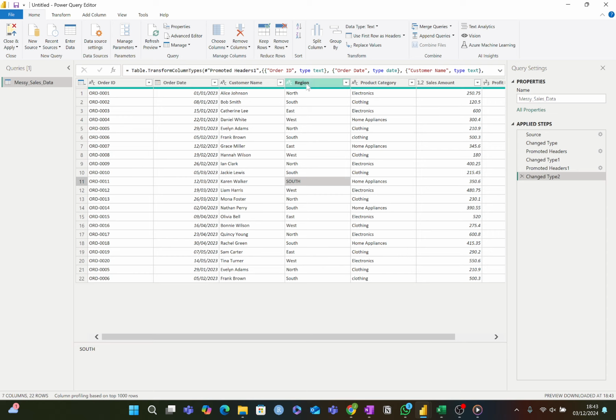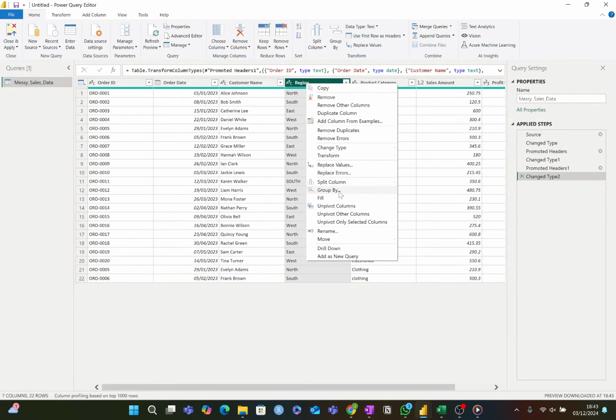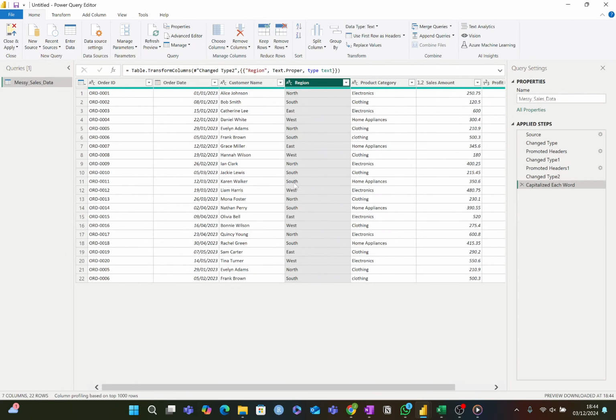But thankfully, we can just right click on this column and click transform and capitalize each word. And if you watch out there, yep, that's gone to the format that we want. If we hadn't changed that, when we brought this into the actual visualization tools, it would have recognized there was 5 regions: north, east, west, south, and capitalized south,